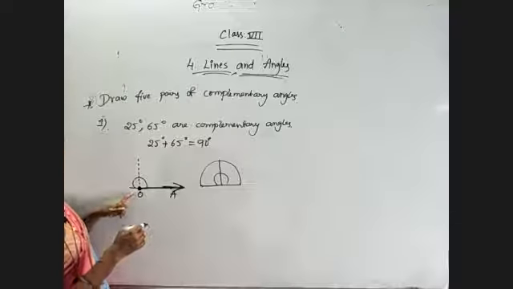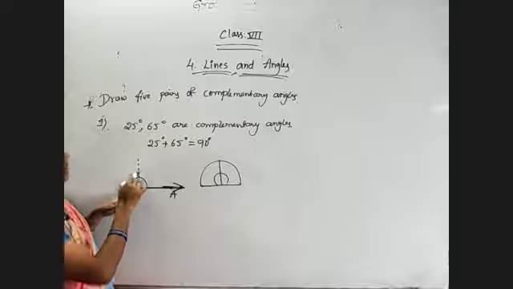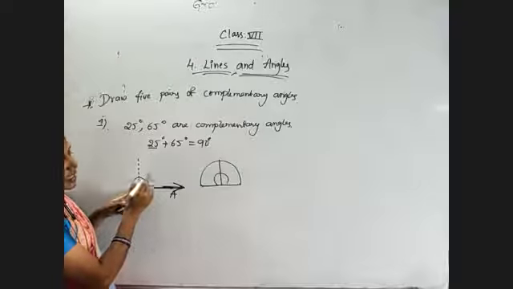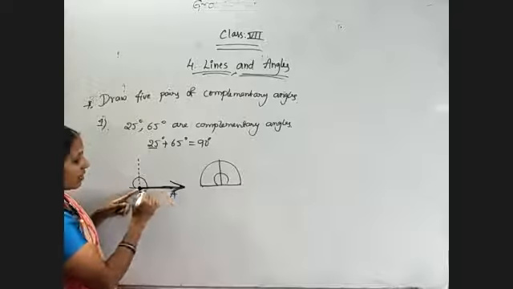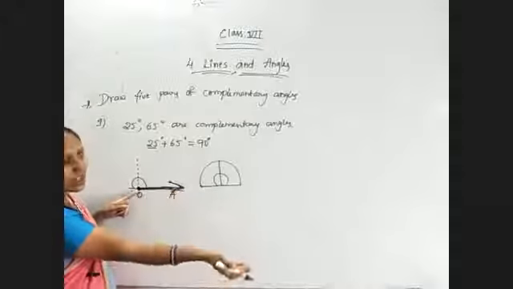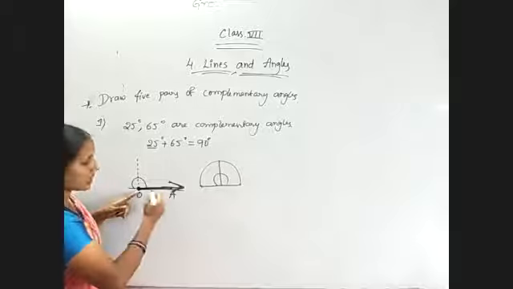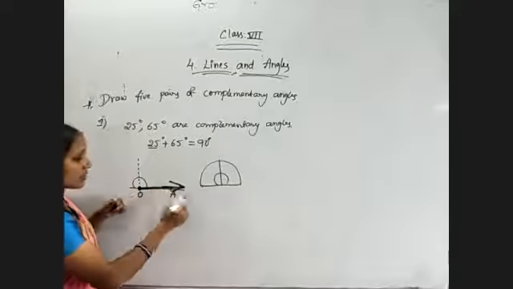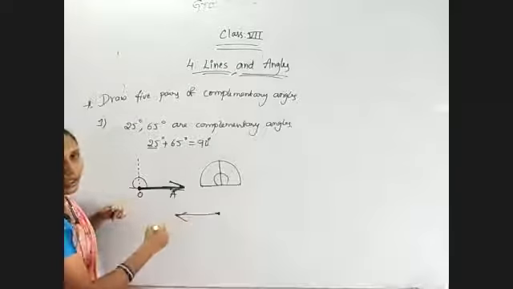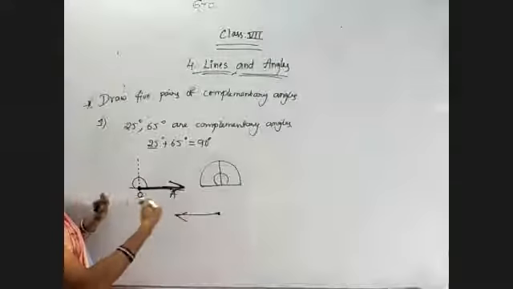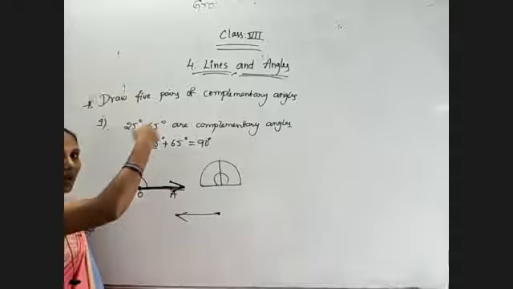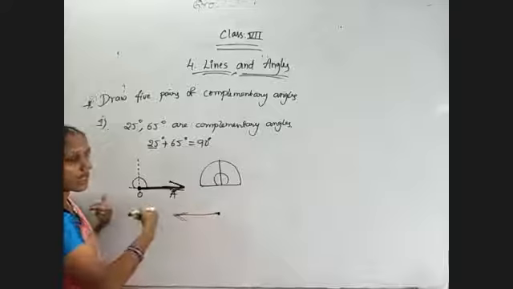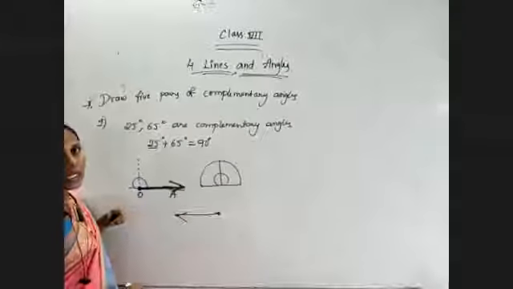Now coming to this one. At O, we must set the protractor. We have to construct 25 degrees. At O, I am placing the protractor. The right side is there; this line OA is spreading at the right side. So whenever you have the ray on the right side, take the down values. Suppose I have the ray in this direction, spreading at the left side. Yes or no? In that case, I must use the upper scale values. Remember, right side inner values, left side upper values we must consider on the protractor.